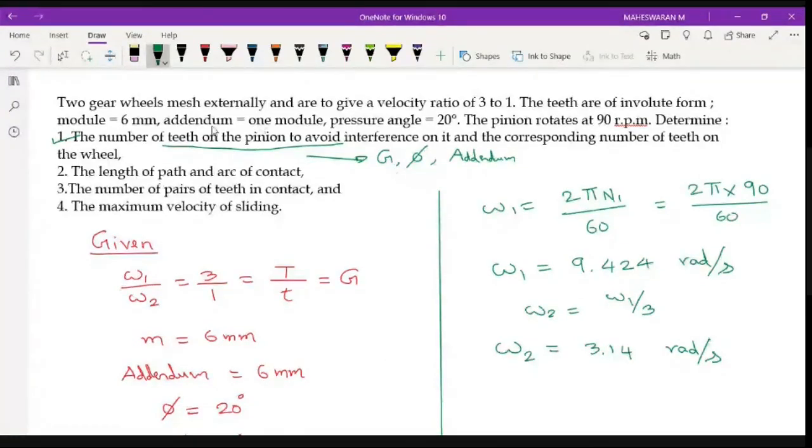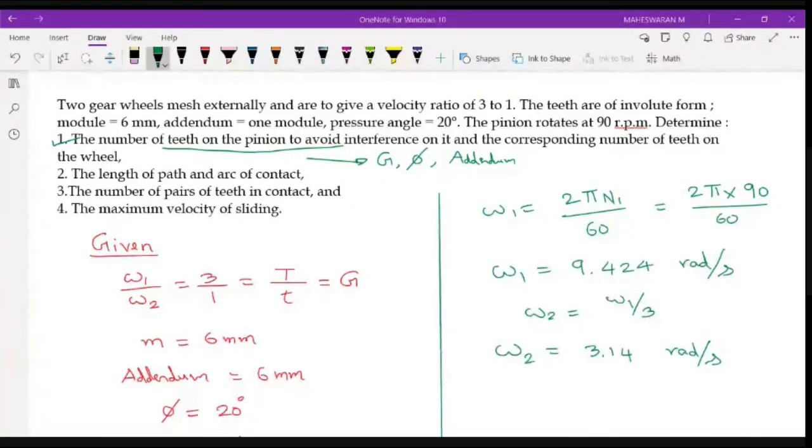So whenever they give the module directly, you substitute it directly. Only if you identify the addendum separately, that time only you have to multiply with the module, whatever value it is. Don't divide, so don't consider this as 1. It is already multiplied. So actually, the addendum for one module is 6. Real addendum will be 6 into 6. It will be 36, I think so.